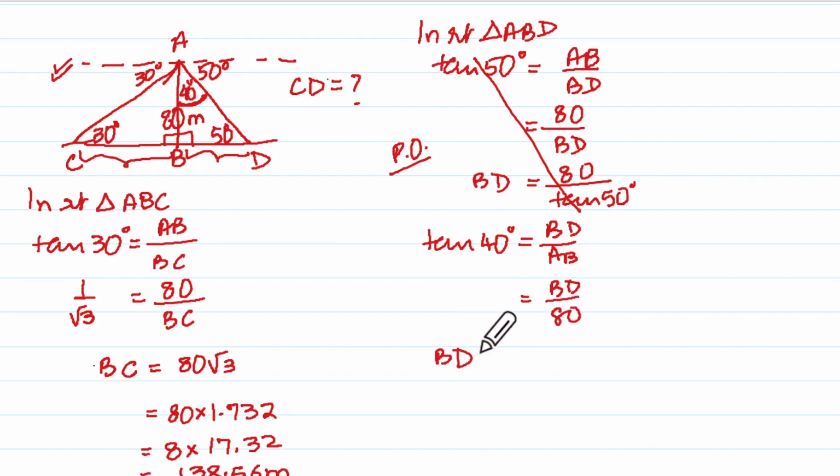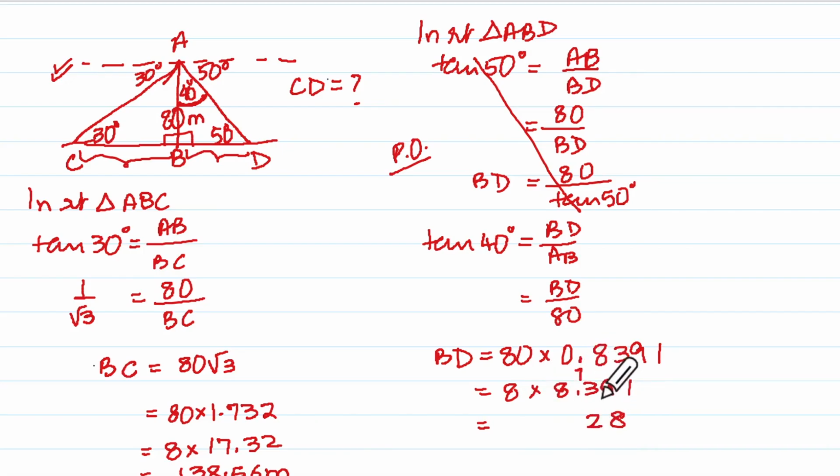So BD will be equal to this, 0 point how much? 0.8391. That will be equal to 80 into 0.8391. Use this 0 to shift the decimal point. Okay, these are some of the quick calculation tips. Okay, 8 ones 8, 8 9 72, 7 8 3 24, and 31. 67.128 meter, and therefore you will say distance